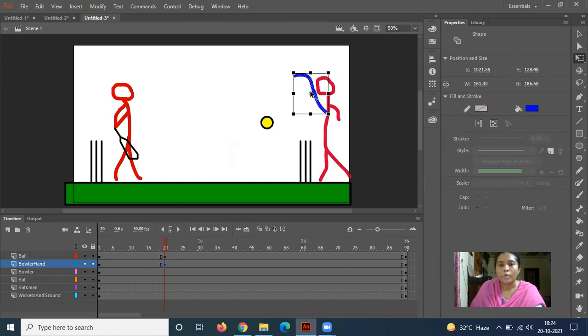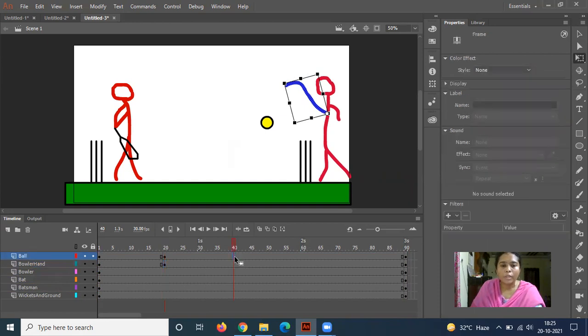If you see here, this is the center part of the circle. This is the resolution part. With the help of the mouse, you drag it towards the attachment where I need to attach. So I attach it at the chest part of this bowler, and with the help of this I am turning the hand towards down, so that there is no separation of the body and the hand.